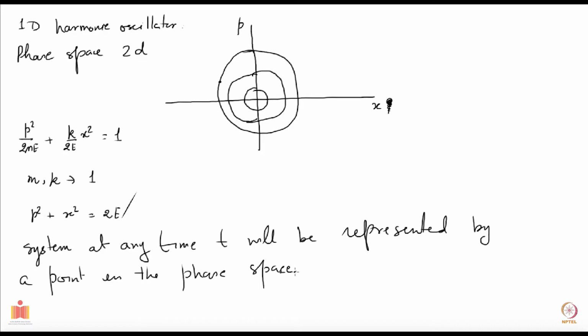So now as time changes, that point is going to move with time, so that point is going to flow. What I have drawn here as these circles is that if your energy is such that your point is here, then it's going to move along this circle for this one dimensional harmonic oscillator, and if your energy was different and it was such that it is here, then it's going to move on this circle. So that's what the phase space trajectories of this point, or the system, will look like. Okay, that's good. Now I'm going to prove a very nice theorem.